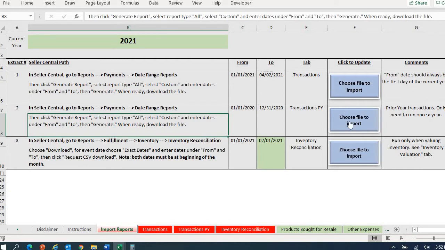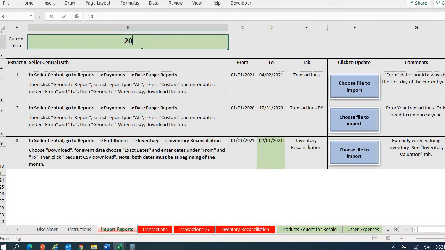And these buttons here make it easy for you to transfer the data from those downloaded reports into the relevant tabs in the spreadsheet. For purposes of this demo, I already generated the reports for 2020 and 2019,